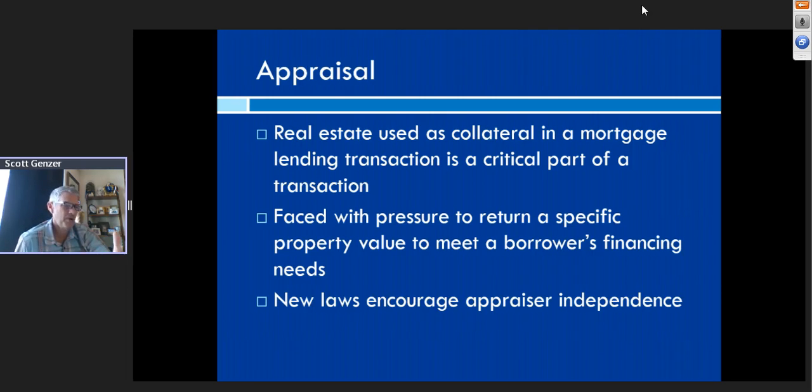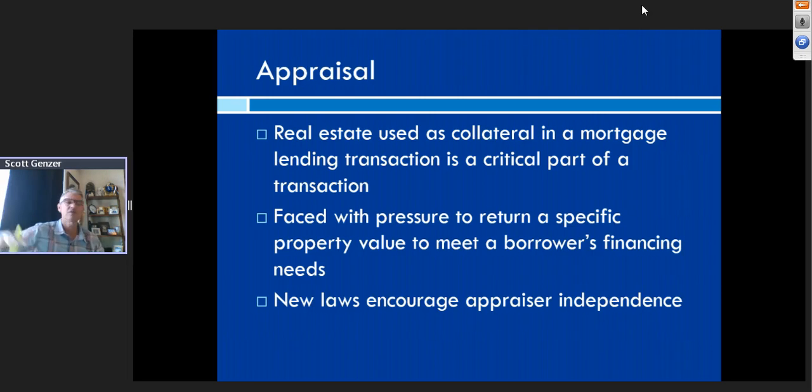So what's the appraisal? Well, the appraisal is so important, right? We've got this collateral, this real estate that is our collateral for a loan. And we've got all these rules regarding mortgage insurance, PMI, MIP, and VA funding fee. And a lot of those, how much we charge for the insurance or how long the insurance is on there, is predicated on what? Loan to value. Right? So if we have a bad appraisal that really overvalues the property, and we're doing a 95% loan with PMI at 17% coverage, but the appraisal is $25,000 over what the real market condition is, we don't have the right coverage. So if that loan defaults down the road, we may have PMI, but we don't have near enough because we had a